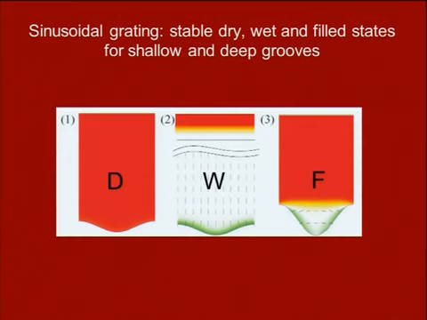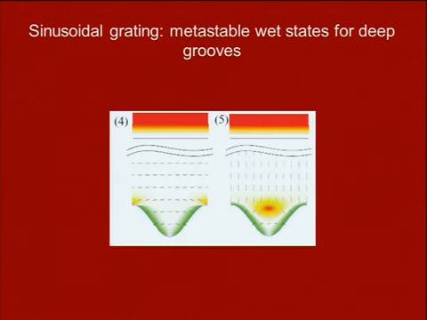Okay, I have to go quickly, so I'm going to go only through the overview. Now if you have these sinusoidal surfaces, you don't have these surface singularities, okay? So you calculate all the different states, and you have a dry state, a wet state, a filled state. You have more, these are the stable ones. You have more, these are also nematic wet states, but there are defects. The defects are the yellow things with the red dots. And then you write the phase diagram, you just compute the free energies,